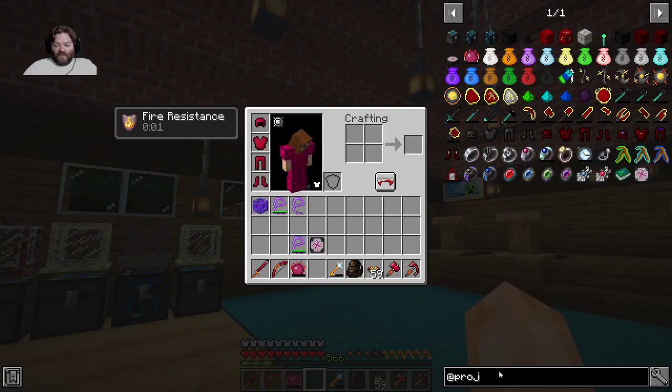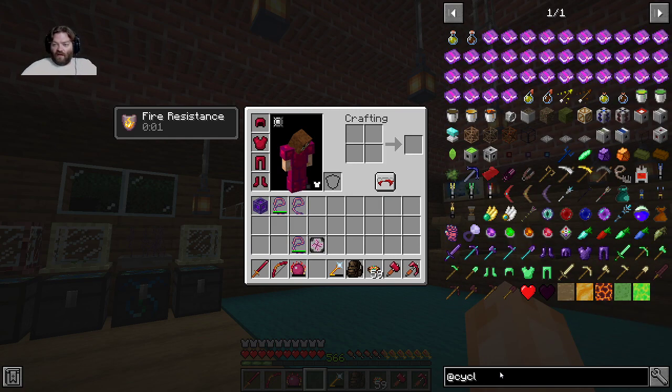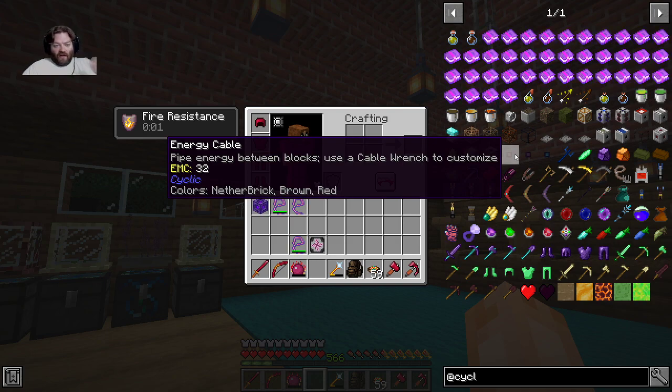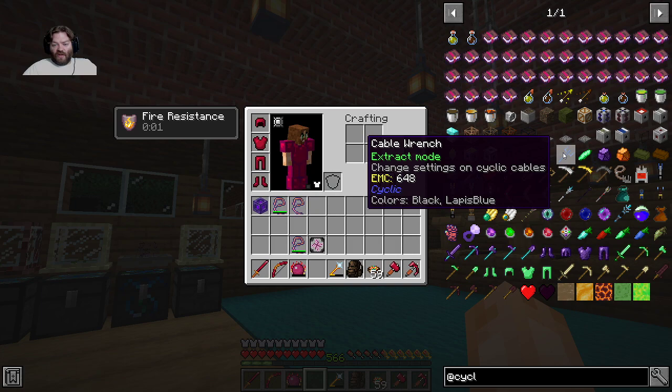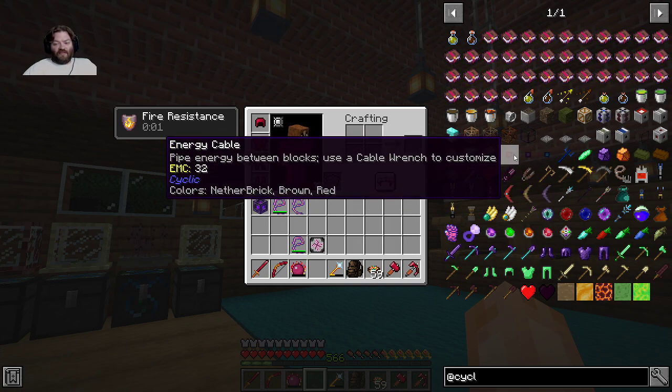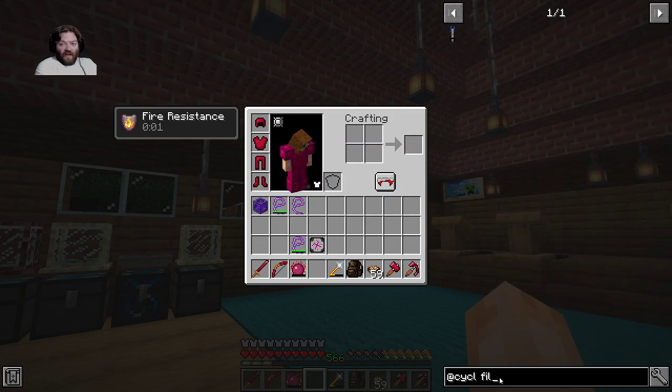So, first things first, and this is the one that I'm hoping just works, right? We have got the cyclic, there's these cables, right? Energy, item, and fluid cables. And I'm kind of hoping that if we make this cable wrench, we might be able to customize these and set some kind of a filter. In fact, is there just...